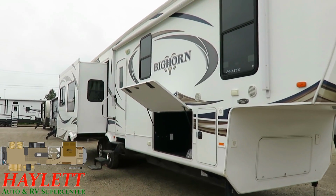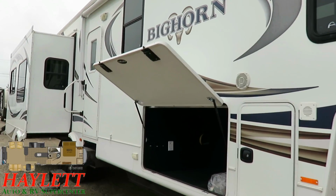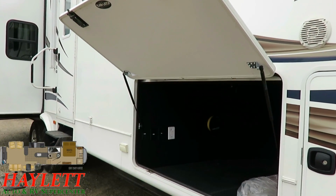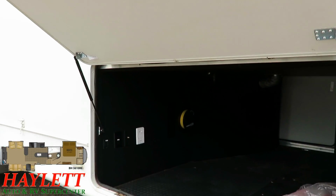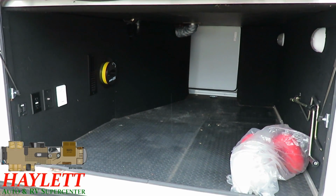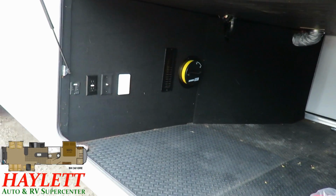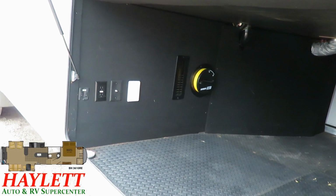I do not see signs of skin fade, decal fade. I haven't located any sort of delamination or anything like that. I do like the slam latches on this big baggage compartment, and it's a drop frame storage, so it's absolutely huge. And this is an area you can see the central vacuum hookups, the container to empty out, as well